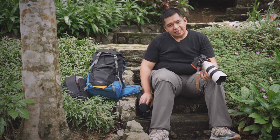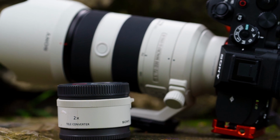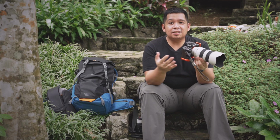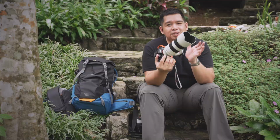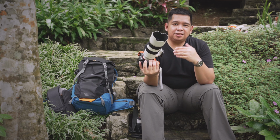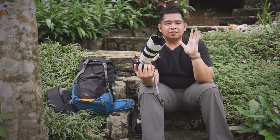and that is basically the compatibility with this. This is the Sony 2x teleconverter. Of course, there is also a 1.4x teleconverter. Basically, with the teleconverter, your 70-200 f4 can now be a 140-400mm f8. Now, yes, it will be f8, your maximum aperture will be f8, but considering that the usage of